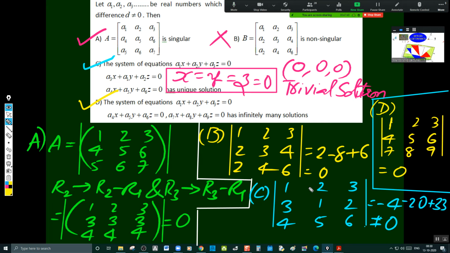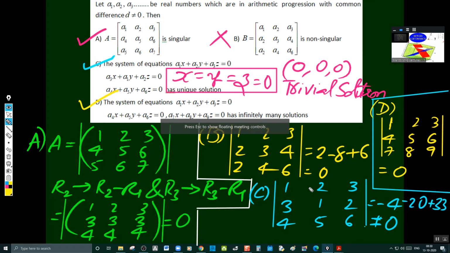But I'd like to tell you one thing here: how these questions will be formed by the professor. What is the base? The professor will not have any magic to create the questions. He must have some concept even to create the question. That's what I'm discussing now. If you understand this, you can answer the questions related to all this very easily.